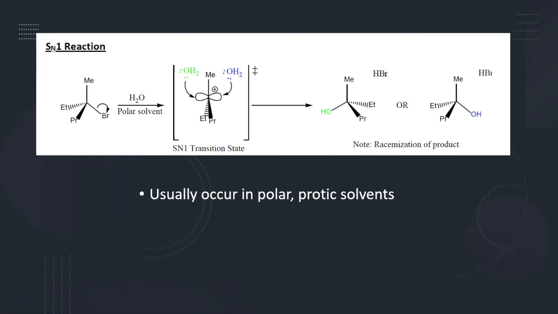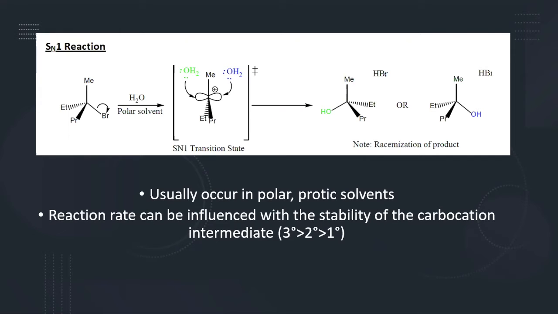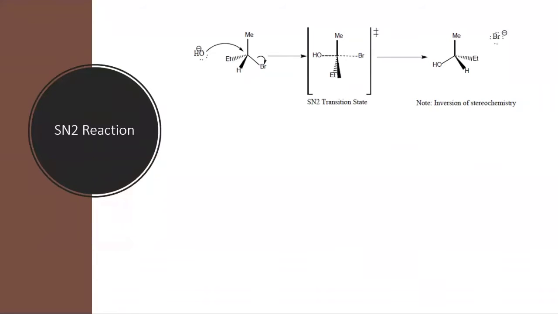SN1 reactions usually occur in polar protic solvents, and the reaction rate can be influenced by the stability of the carbocation intermediate, where tertiary carbocations will result in the fastest rates, and primary carbocations will result in the slowest or sometimes no reaction. For SN2 reactions, the leaving group, in this case bromine, and the nucleophile, a hydroxide anion,